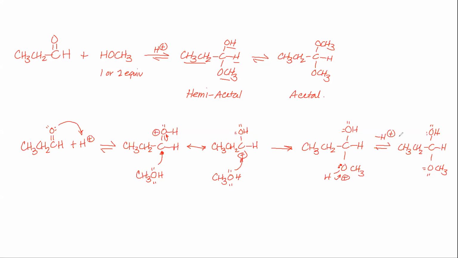So then the question is, where do we go from here? We lost this H plus. The H plus is always going to be there. Now we're going to react either the OH or the OCH3 with the H plus. If we react the OCH3 with the H plus, I'm going backwards, which is why there should be equilibrium arrows in each one of these steps, except these two because those are resonance structures. If I protonated the OCH3, it'll go backwards to form this, which then would leave. The reason equilibrium arrows are there is because every one of these steps can go forwards or backwards. So in order to move the reaction forward, what I need to do is protonate